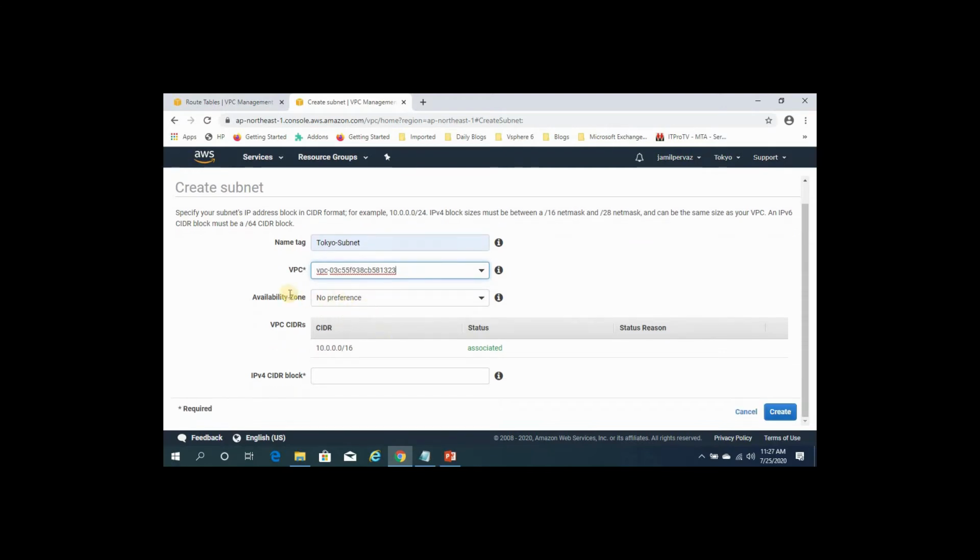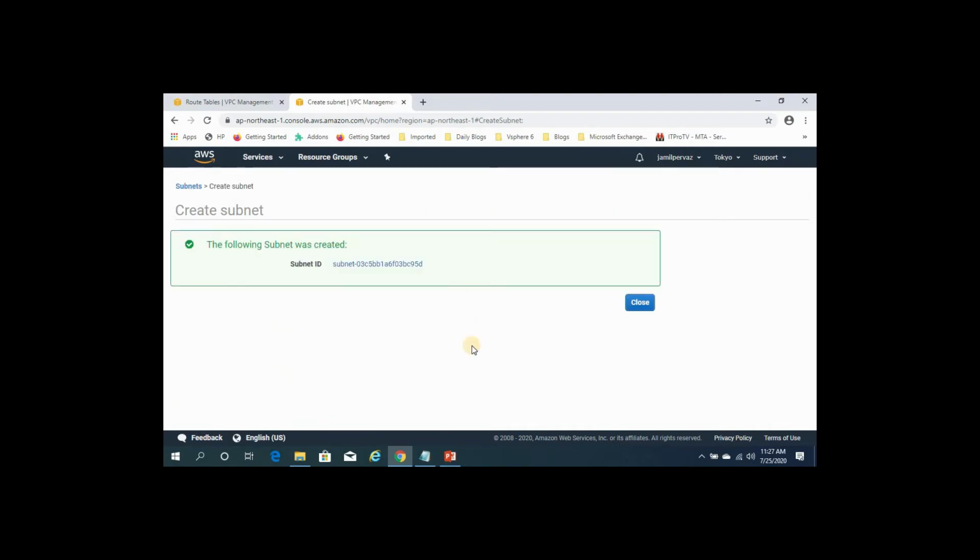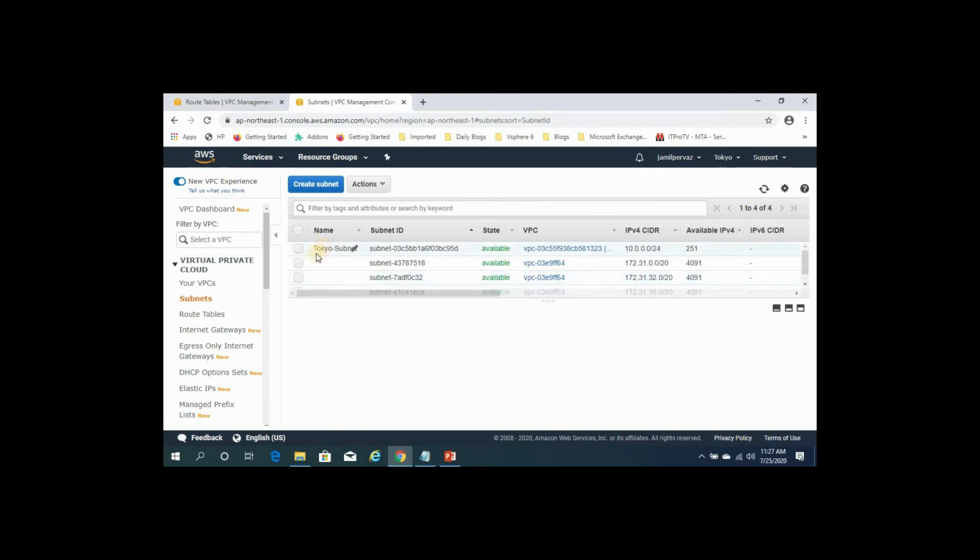Availability zone, I'm leaving it as it is. For the IP version 4 CIDR block, we need to choose the same range, so type 10.0.0.0/24, click create, click close. So the subnet is successfully created in the Tokyo region.